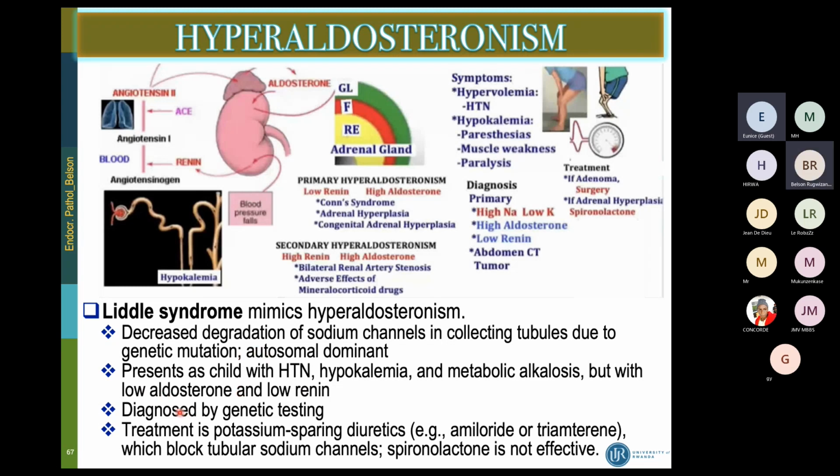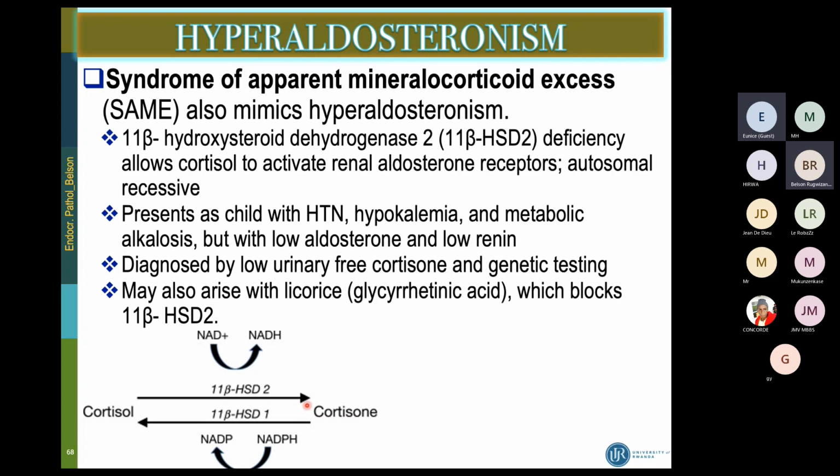So the diagnosis is by genetic testing, which usually we don't do, as I said. So the syndrome of apparent mineralocorticoid excess, or SAME, also sometimes mimics hyperaldosteronism clinically. So there is a deficiency in this enzyme, hydroxysteroid dehydrogenase 2, and this will allow the cortisol to activate renal aldosterone receptors, and this is inherited in an autosomal